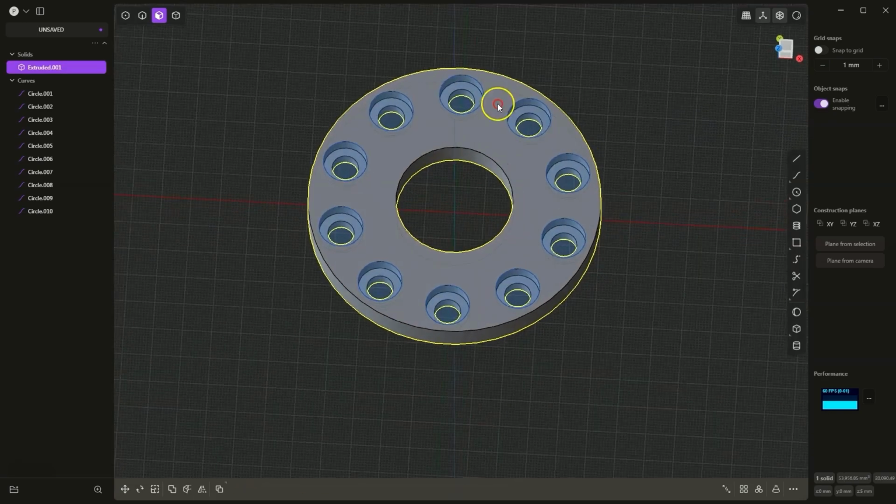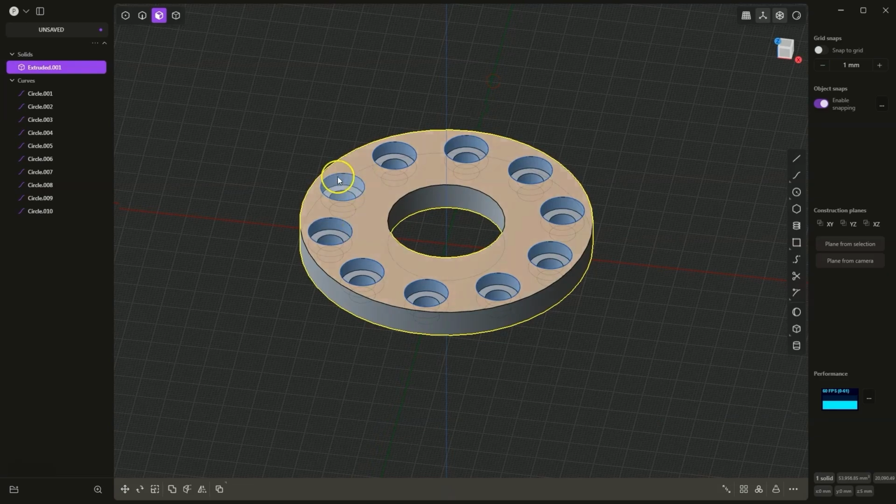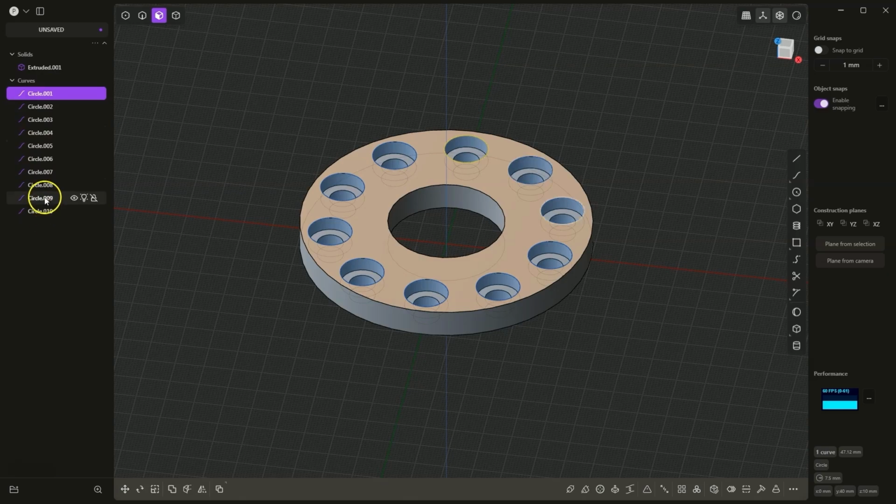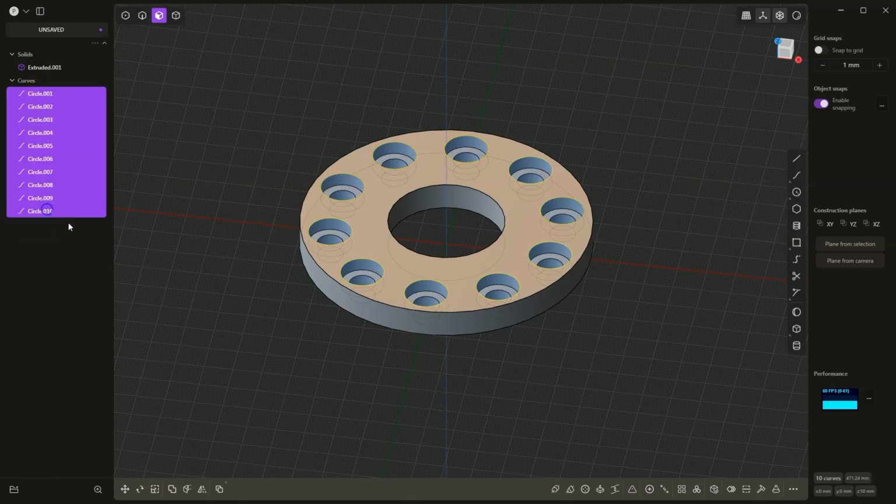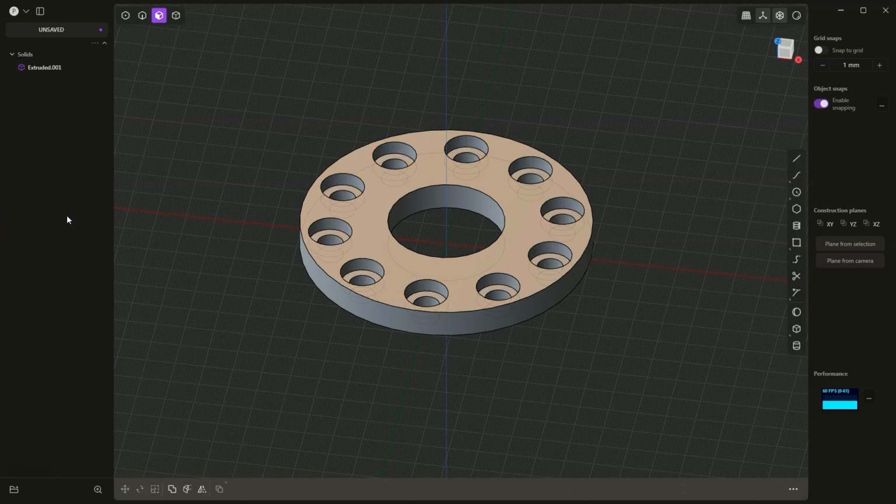Here, as you can see, we also have the geometry of the holes. These geometries will no longer be needed. I click the left mouse button on the first one, press Shift, click on the last one, and press Delete to remove these geometries. Now we will create another part of this solid, and I will show you another interesting operation in Plasticity. I will switch to Edge Selection,